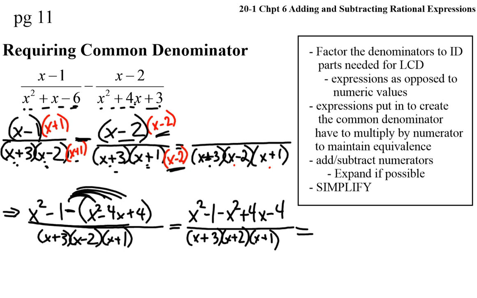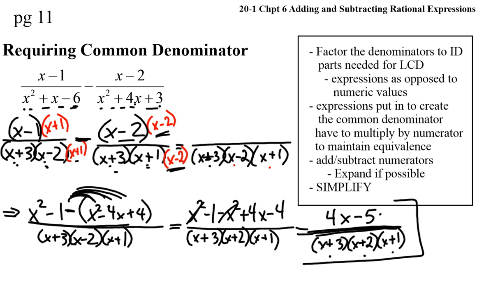Simplify the numerator now. x squared and negative x squared cancel. So we're left with 4x minus 5. And that 4x minus 5 goes over x plus 3 times x minus 2 times x plus 1. Here, 4x minus 5 can't be factored. This binomial can't cancel with any of the binomial factors. So there's our solution. 4x minus 5 over x plus 3, x minus 2, x plus 1, as long as